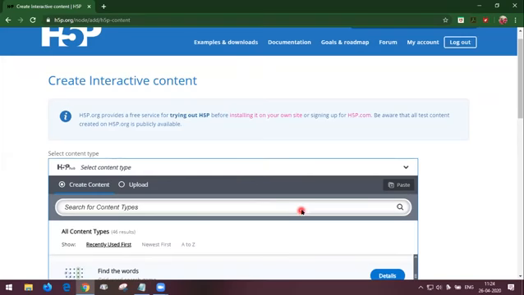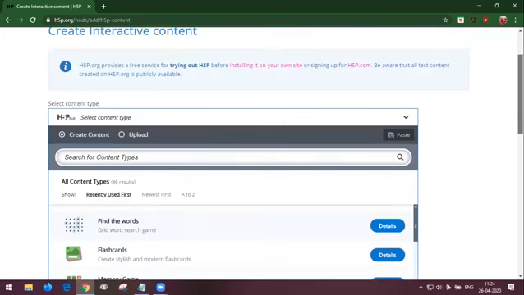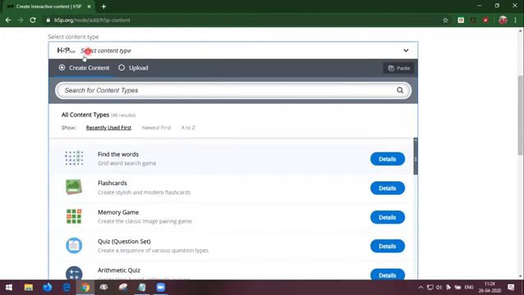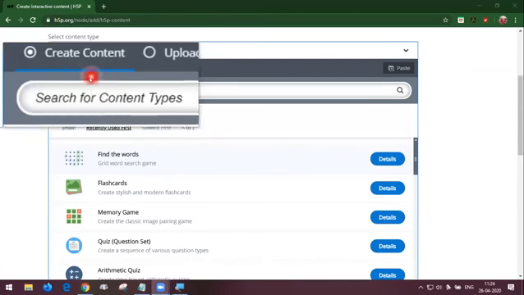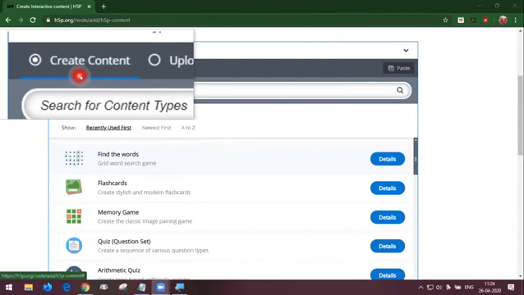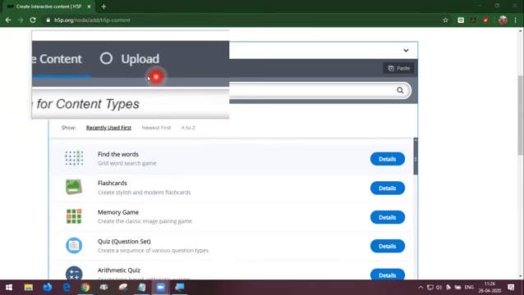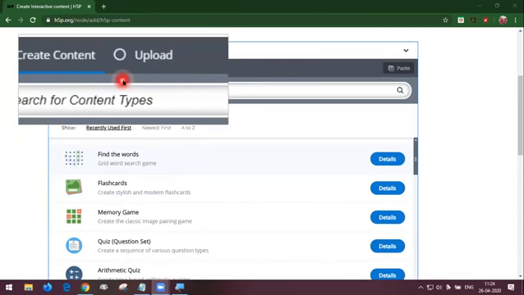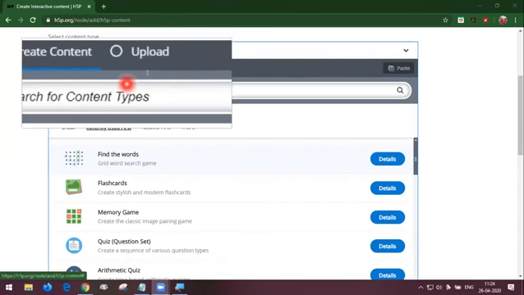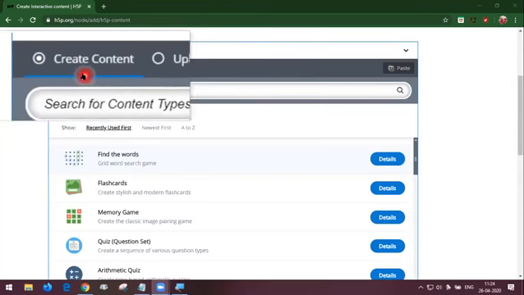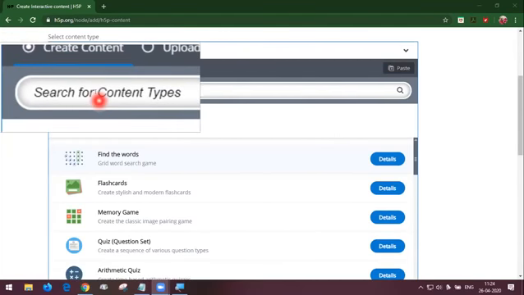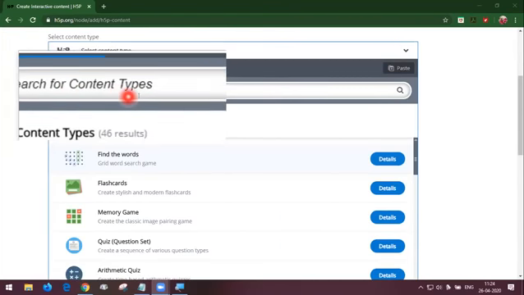You can see a dialog box opening here, the select content type, H5P Hub, and we are going to select the create content tab. You can see the create content tab and upload tab. We are not going to discuss that now; we can discuss it later in the final session. Now we are going to create content. In create content, you can see the search bar.